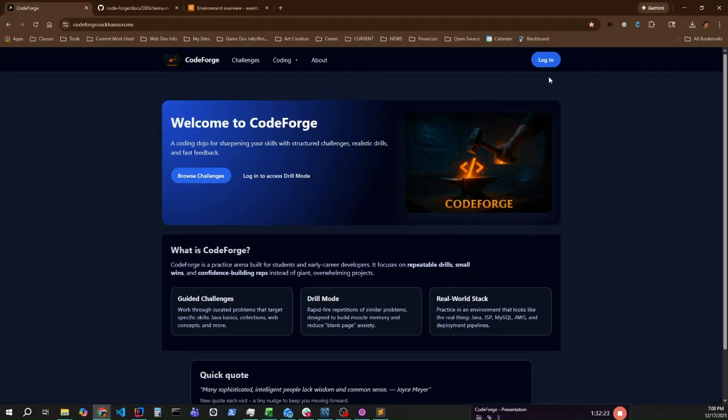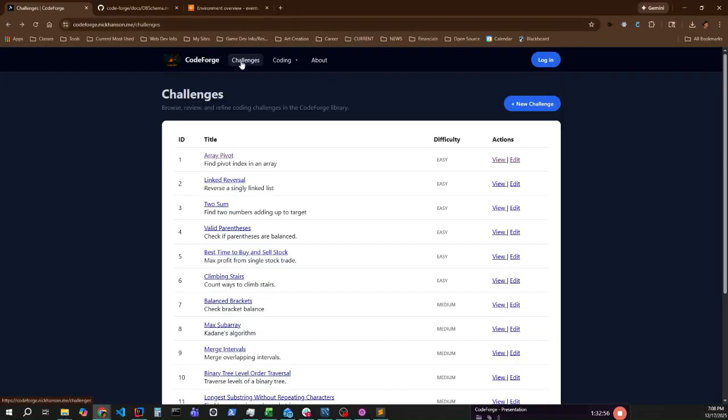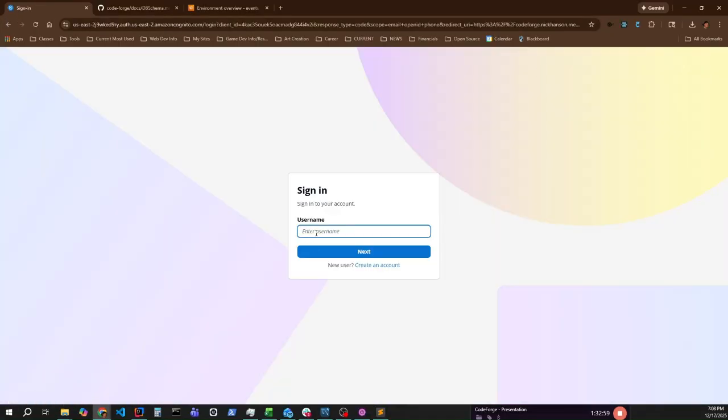But now for authentication. Authentication is handled using AWS Cognito. When a user logs in, the session is established and user context is made available throughout the application. Unauthenticated users are redirected to the login page, and protected routes require login. So for instance, drill is going to make you sign in, or trying to access CRUD. But if we just log in here,